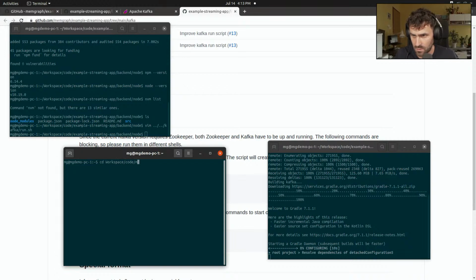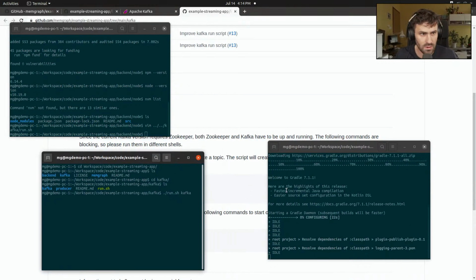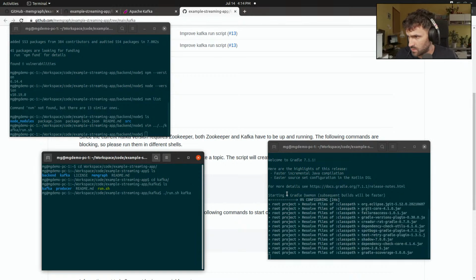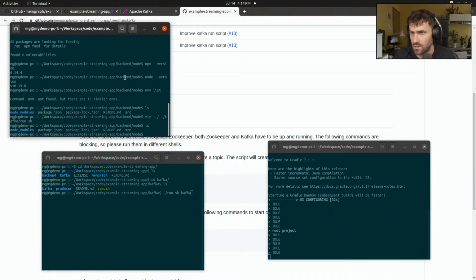Workspace code, example streaming app, Kafka run Kafka, but we'll wait until this finishes because we need that build phase, and that will take a couple of minutes actually. All right, maybe while that is